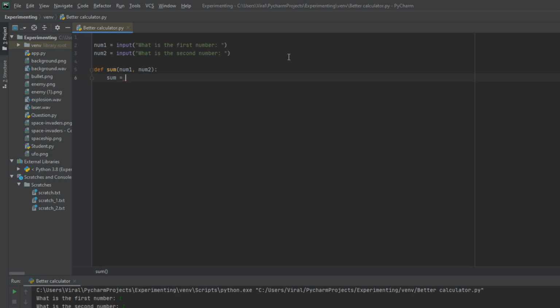Actually, we're gonna make something in the middle of here. I'm gonna say operator, and we're gonna set this equal to, you'll see what an operator is. We're gonna set this equal to the input of what is the operator, and that should be good. So we're gonna set the sum now equal to